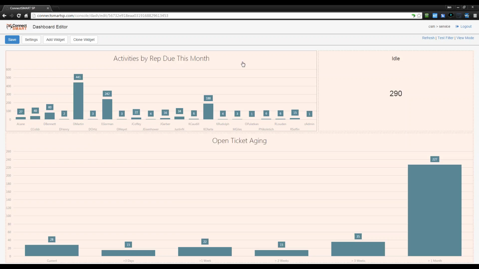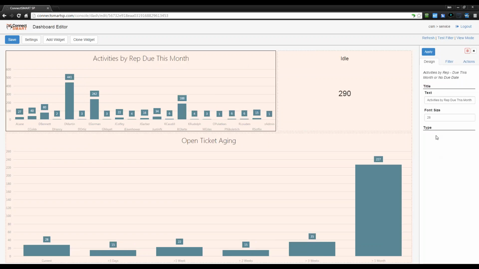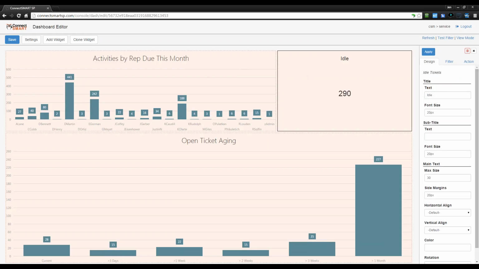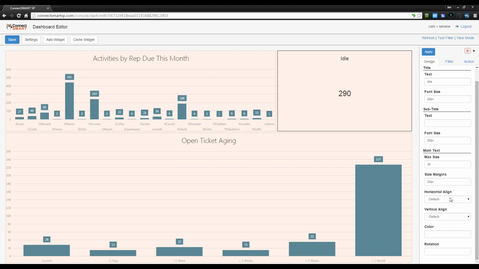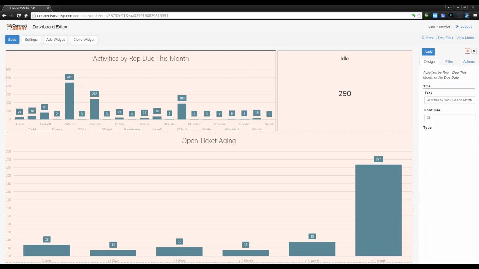One thing to notice is the options you'll have available to you will differ depending on the widget type. So this is a text widget. So you can control the text, the font, the rotation, the horizontal and vertical alignment and margins. But then take a look over here. This is a chart. So you do have your title, and you can control the font size of the title,